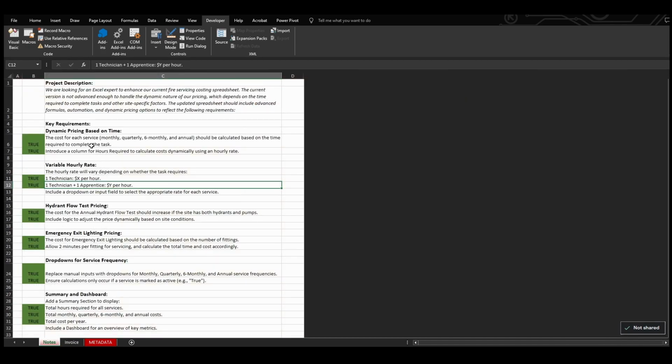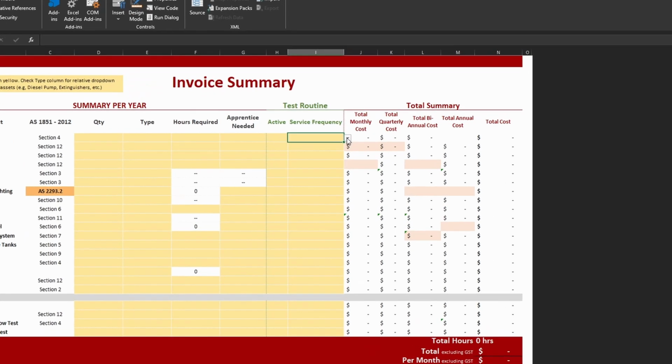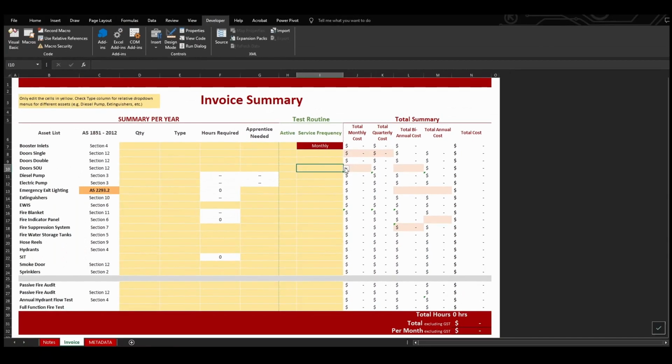One of the things that they wanted was a drop down for the requirements, as well as hours required. So what I did was make it so that you can choose the different frequency that you want to do, and it is color formatted. They didn't ask for that, but it makes it easier to see so that you can keep track of that. I also added an hours required as well as a type